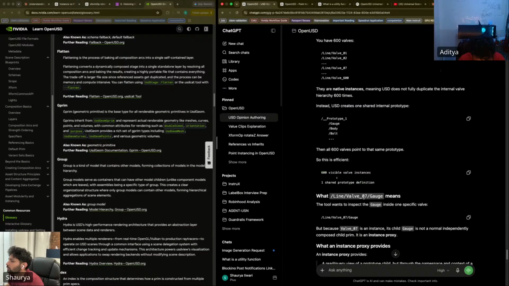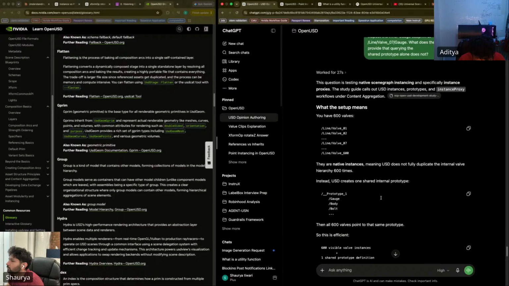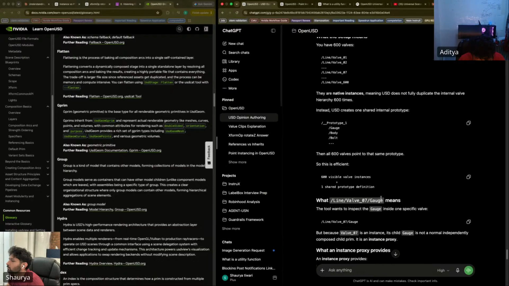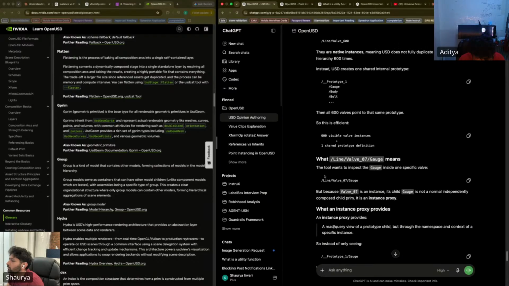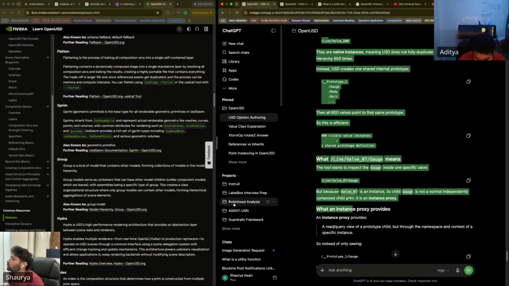What does line valve 07 gauge mean? The tool wants to inspect the gauge inside one specific valve. Well, as an instance child, gauge is not a normal independently composed child, but it's an instance proxy. What does an instance proxy provide?